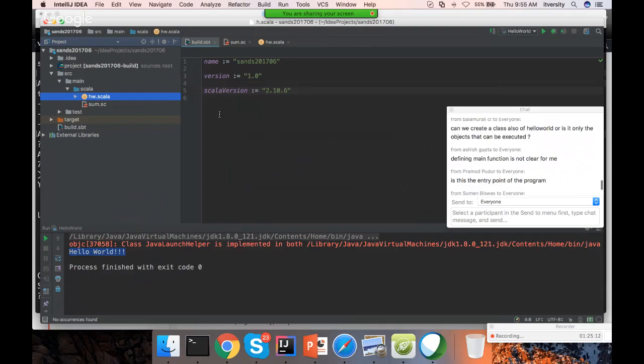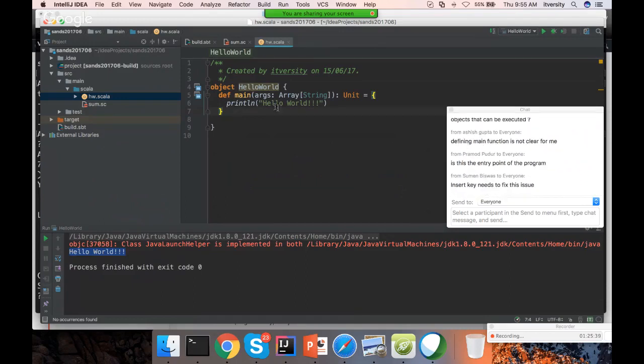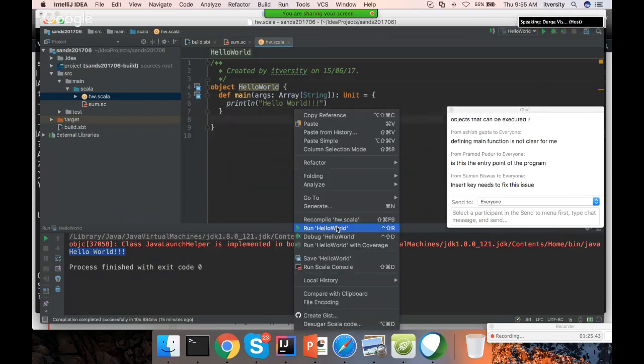Okay, Ashish is saying defining main function is not clear to him. So let me go here. For now, don't worry too much about it. Just go through my blog and copy paste and try to understand that this is just syntax, and you keep on practicing and you will get it. You don't need to break your head on this. Okay, this is just an executable function. So if you want to execute anything by right clicking on it and then say run hello world, it has